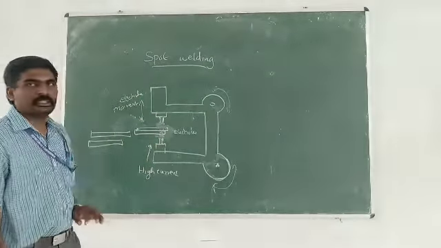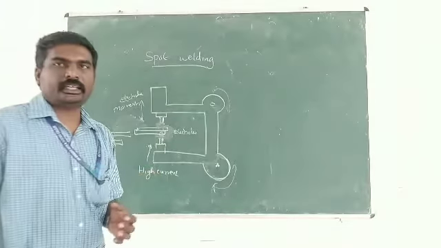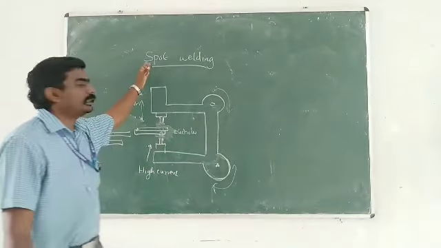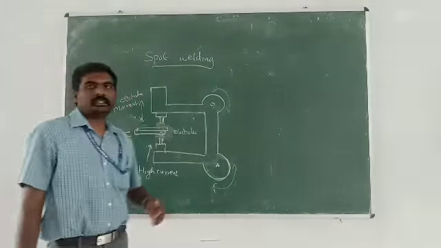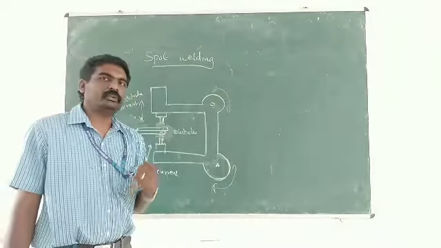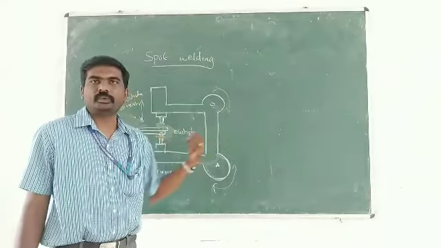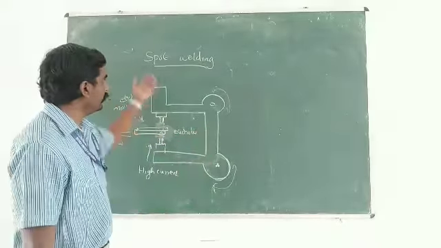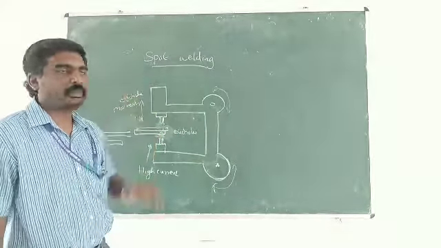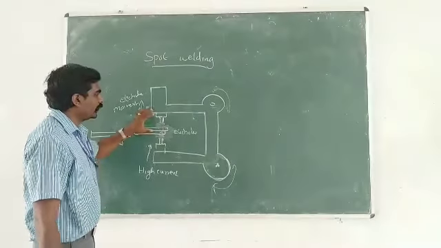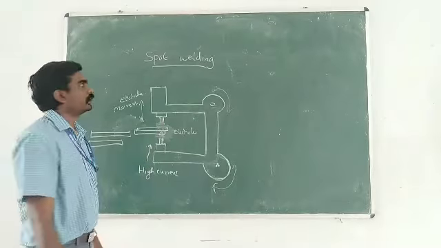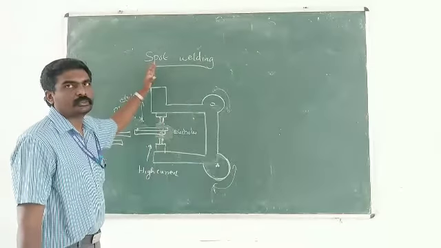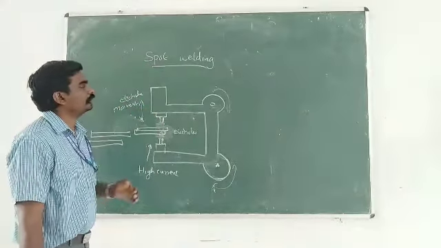In spot welding, the welding is done in discrete areas, that's why we call it spot welding. The other type of welding is arc welding, where we have to follow a continuous or uniform motion. Here we have discrete points where we require the welding, we have to spot that area. Okay, so that's why the name spot welding, and we use it in different industries.